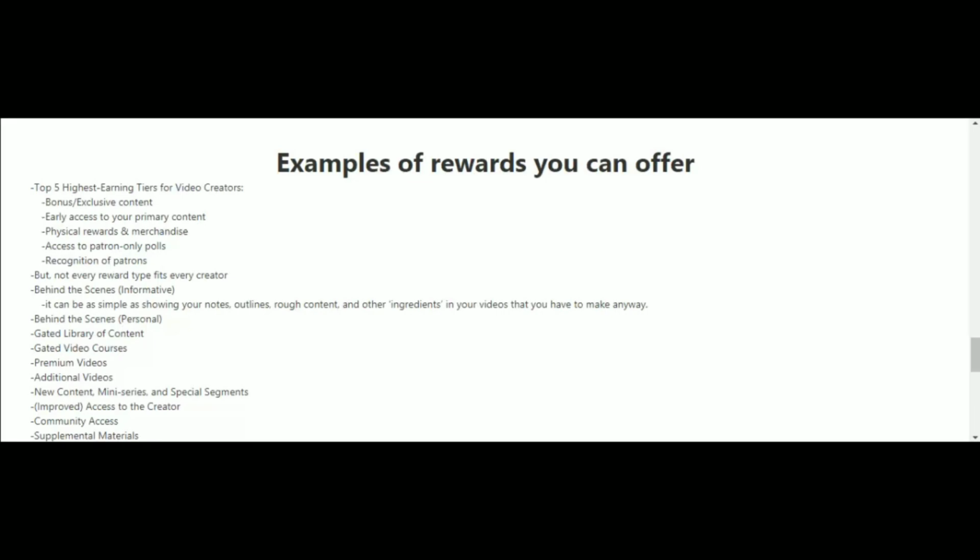Now, as you may know, not every reward type fits every creator. So here are several more examples of rewards that are being used by others. Okay, you can make behind the scenes videos that are informative. So you can just show your notes, for example. So you don't even have to create a video. Actually, you can just show your notes, outlines, rough content, and other ingredients in your videos that you have to